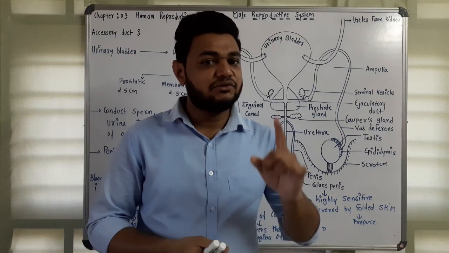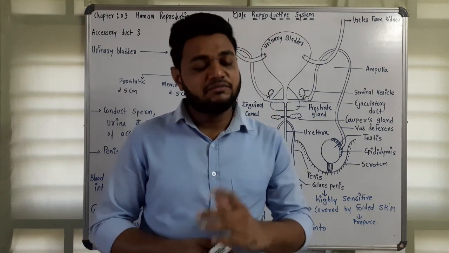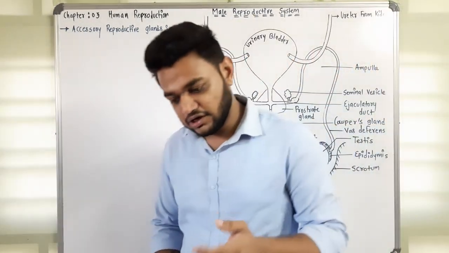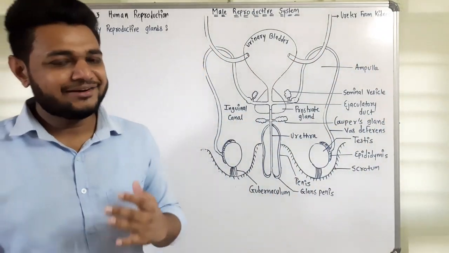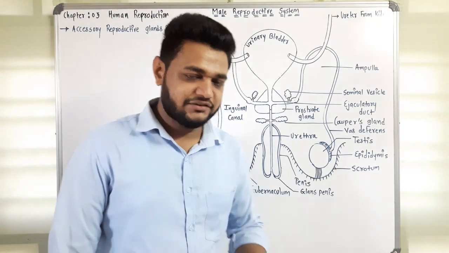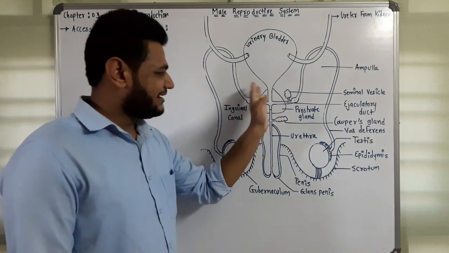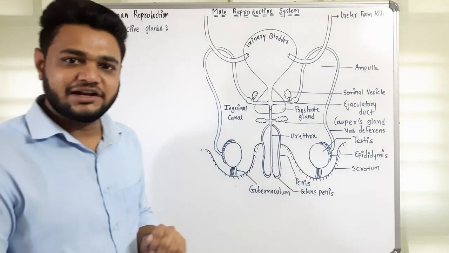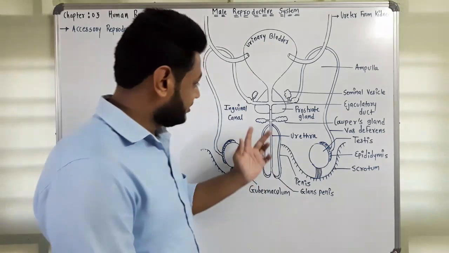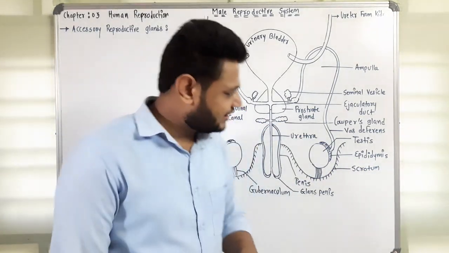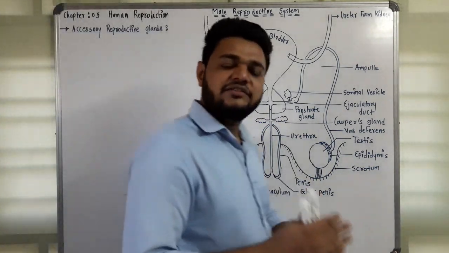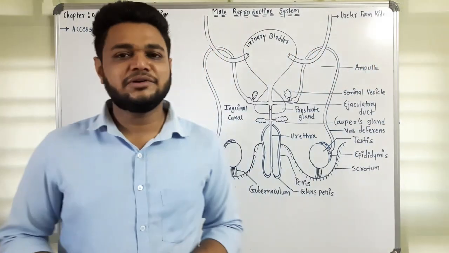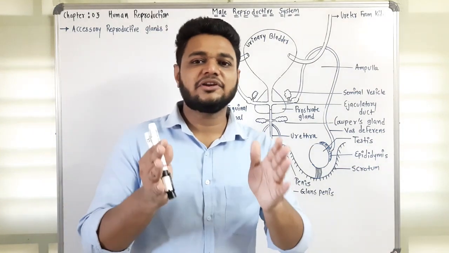Now we will discuss the glands of the male reproductive system. Now we will discuss the accessory reproductive glands, right? There are basically three accessory reproductive glands. One is a pair of seminal vesicles. There is only one prostate gland, it is not occurring in pair, as well as a pair of Cowper's glands, right? These three glands we will discuss one by one, in detail. As it is not given more in NCERT, we will discuss it as needed.